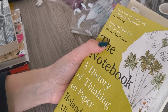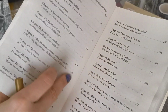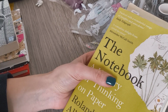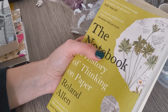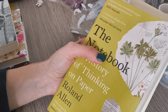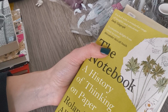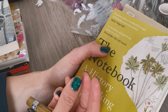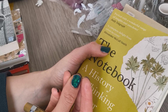it's a charming read about the appearance of the notebook, and through different eras in history, how it was used and who used it. But for me, I was expecting more charm, or at least not a focus only on notable, predominantly men, to be honest. I'm not saying there are no mentions of people who have been less familiar to history or common people on occasion, but I do think that the focus has been mainly on tracing the notebook through notable people, and it just has this very accepted history, like there is nothing very...